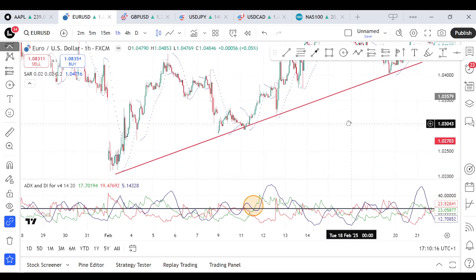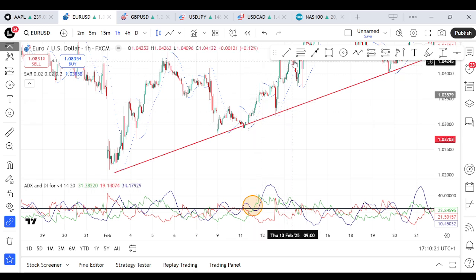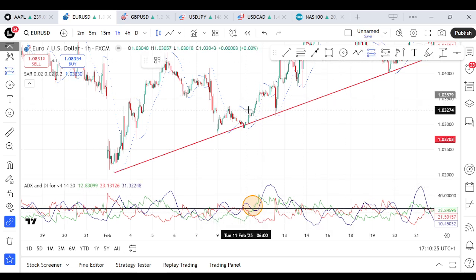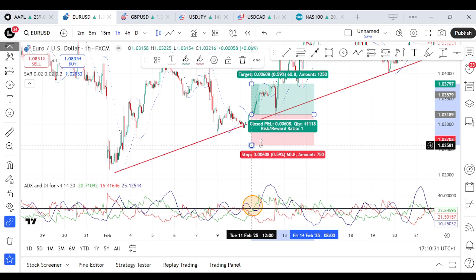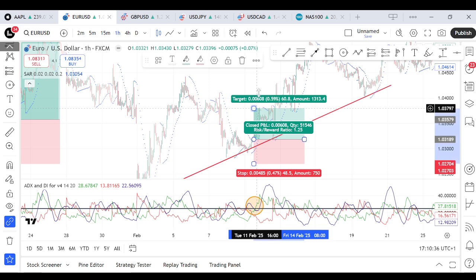All right, so the next step is to look for how to take a buy entry position. From here, you have the parabolic SAR forming under the price. We're looking to take a buy trade once we have the parabolic SAR forming under the price. You can just take a buy trade here, and your stop loss just below the lows, and set your take profit at